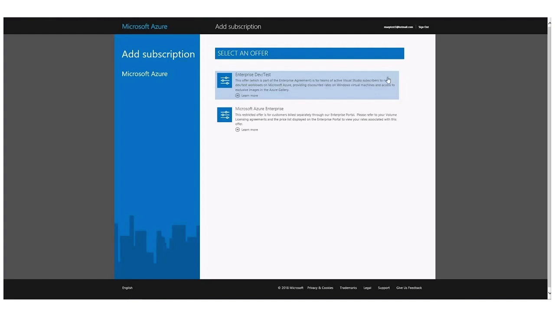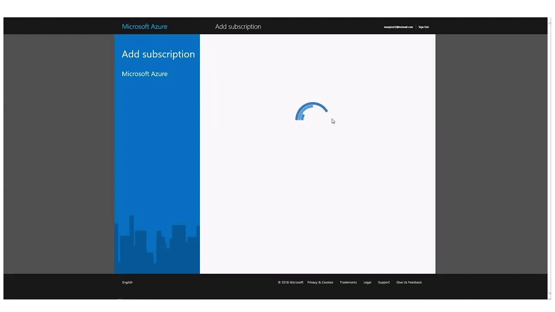Now again, the Enterprise Dev Test subscription does offer Visual Studio subscriber rates. It also gives you access to some VM images that aren't available to production subscriptions. The caveat here is that the workloads running within this subscription must be devoted to Dev Test. In fact, the services running within these subscriptions are not backed by production SLAs. So if the services were to go down, there's no credit available for not meeting production subscription SLAs. It's important that you run your production workloads within the Microsoft Azure Enterprise subscription. This is the normal production-ready subscription. The Enterprise Dev Test, again, is for Dev Test workloads exclusively.